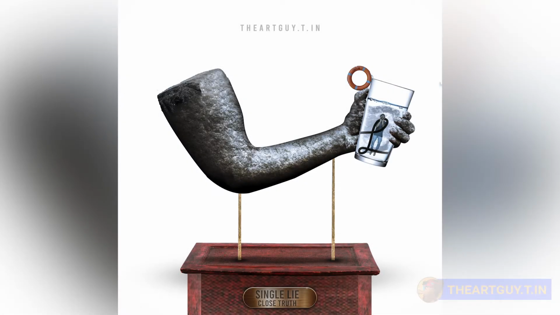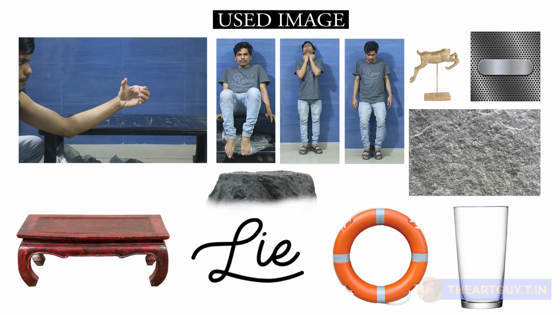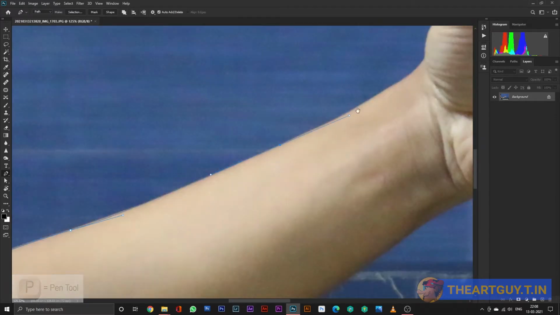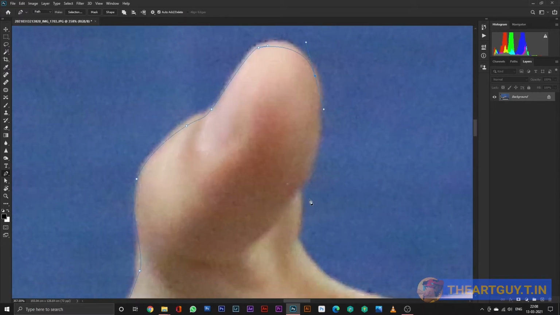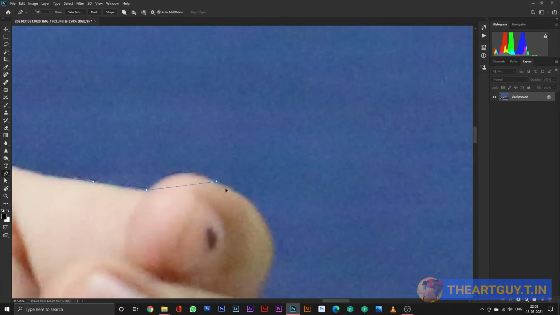I'm going to teach you how to edit this kind of a picture using the elements I've showed you here. Let's start with the pen tool. You all know the pen tool stuff goes on very long, so I'm not going to take a long time showing you the full cutting system. I'll show it to you in a very fast movement.